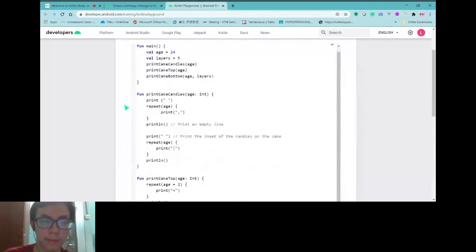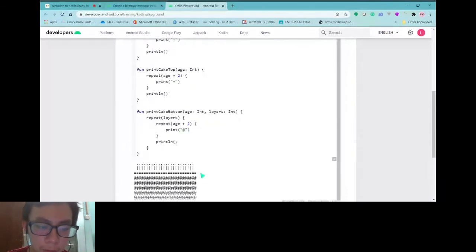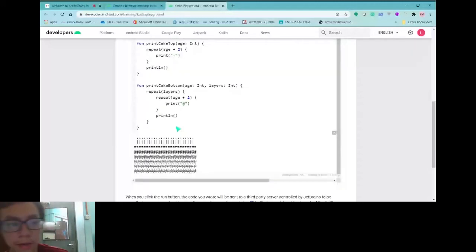Yeah. And then for cake top, this one +2, it actually means because you need to include this 1 and 2. So they just +2. And then they do not have the blank space here. So they just print out normally. And then this one is also the +2. They just print out normally. And then here they got repeat inside a repeat. So they basically have layers, and for every layer you repeat the same number of here. So you can also have nested loops. For this case, repeat inside repeat.